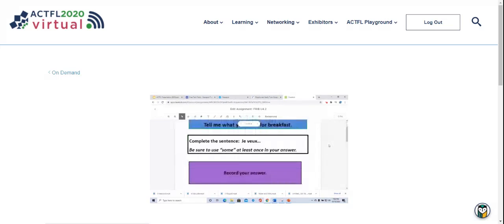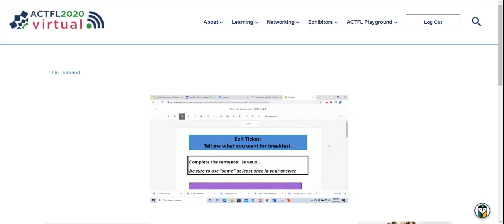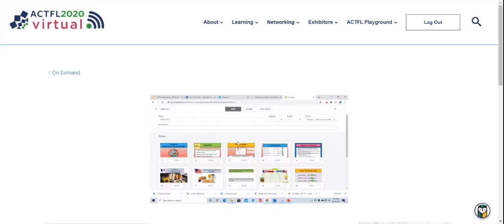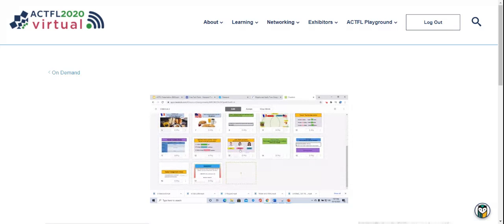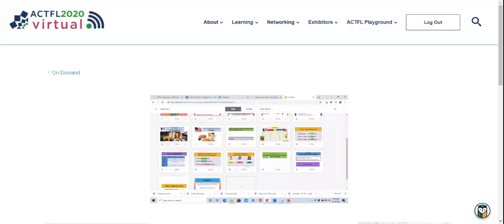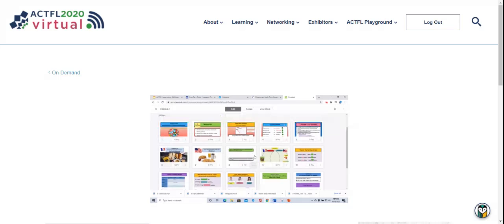So Classkick is something that I am super excited about. I cannot recommend it enough. And it is completely free. So everything I showed you is for free. I have only used it with my synchronous classes to kind of keep track of our in-class work so that I can see what the students are doing. I have not used it at all for asynchronous assignments,